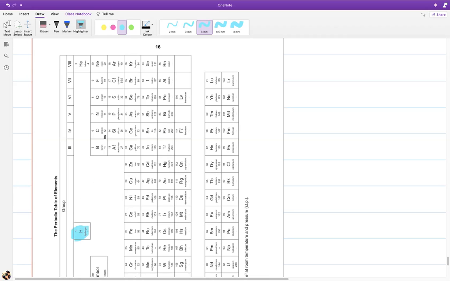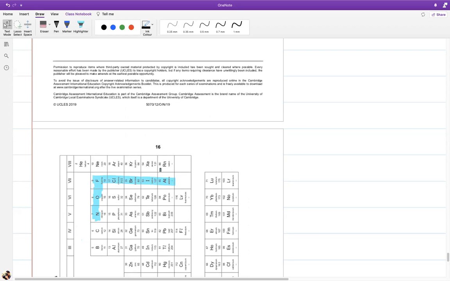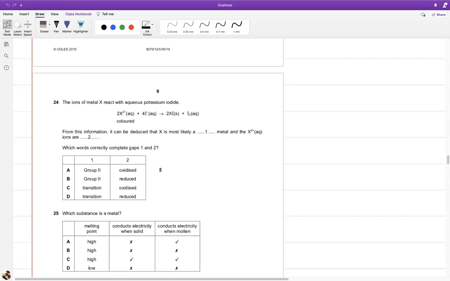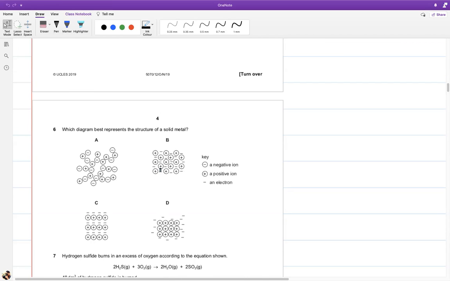So this is a diatomic one, and then you have these 5 and these 2. So that's an inverted L that you have in the periodic table, and these are all diatomic. Which means that they exist as molecules of 2 atoms joined together. So anything that's from these 8 elements, that's our answer.